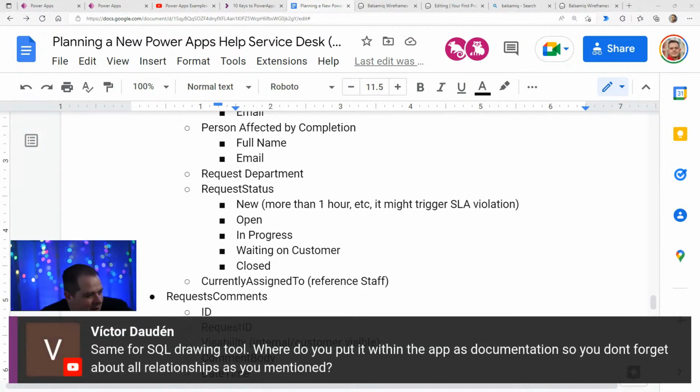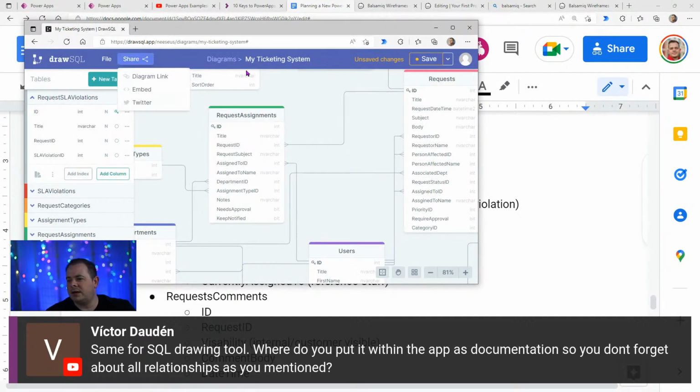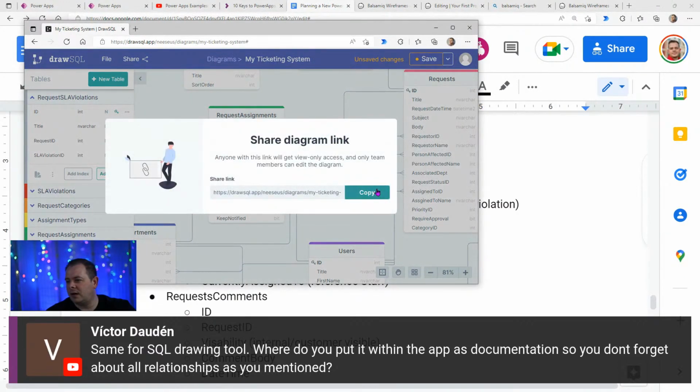So, what else did you say here? Same for the SQL drawing tool. Yeah. Where did you put it in with the app as documentation so you don't forget? You know what? That's a good idea. Thanks, guys. These are really good ideas. Okay, so let me put this in here. Let me get the link, the diagram link. I'm going to copy that,